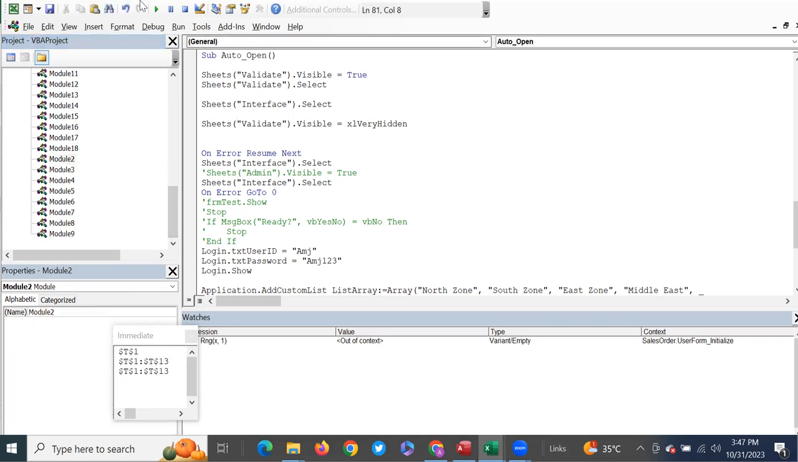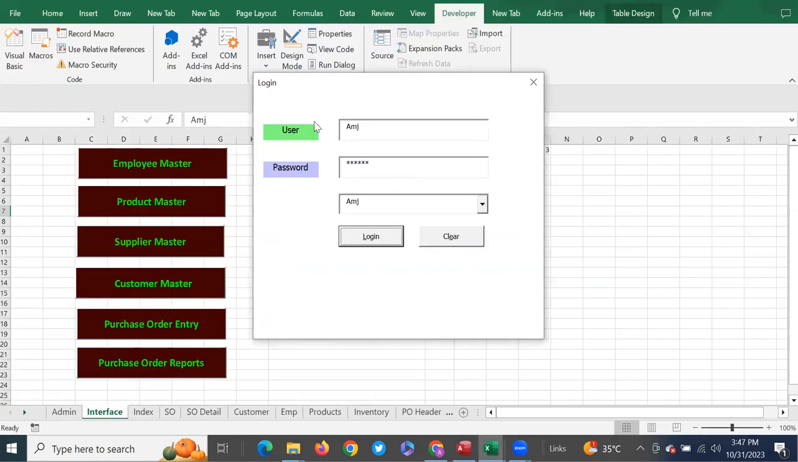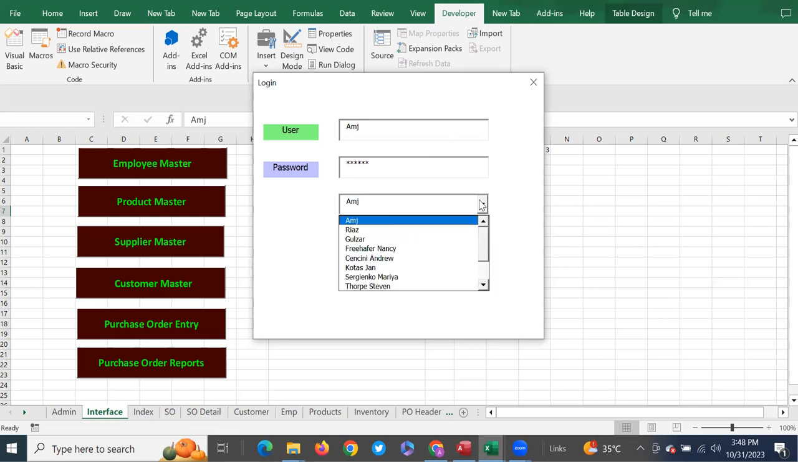This is the auto open. This procedure executes when you load the file, right? As soon as you load the file, I'm going to play it. So this appears to you, right? If you do not select anything, just click login, then as a super user, you are able to go to the entire system. Whereas if you choose an employee, for example,